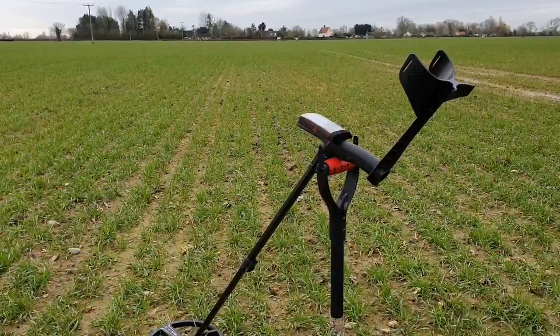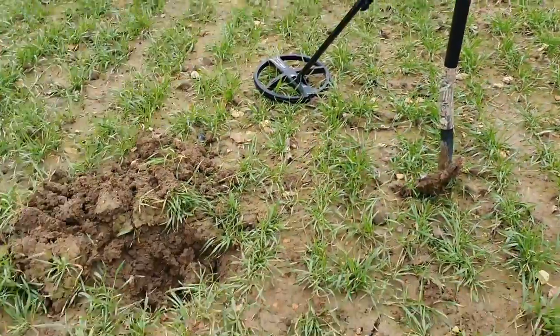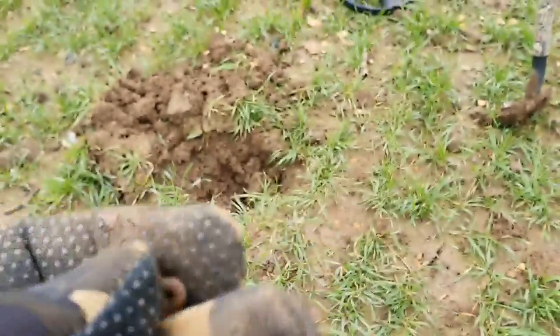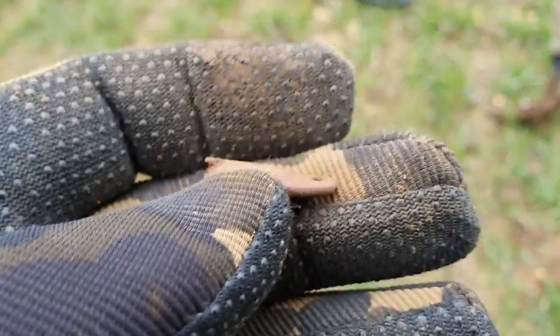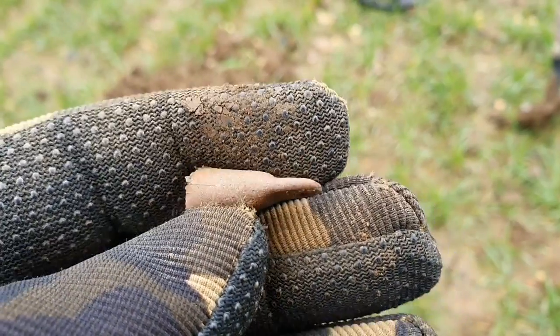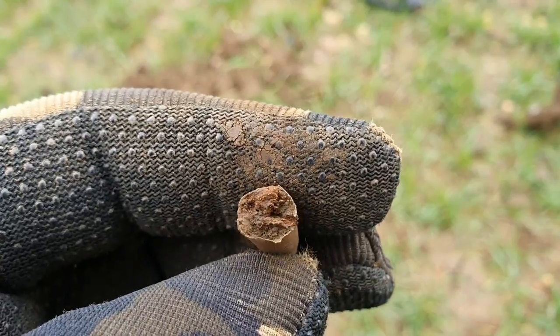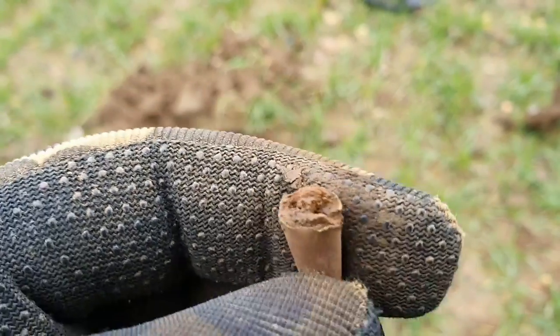Here we go, folks. We just had our first little find, and it's this lot, which looks quite interesting. You can see where it's come from. It's got a hole at one end. It is only thin material, but I wonder whether that